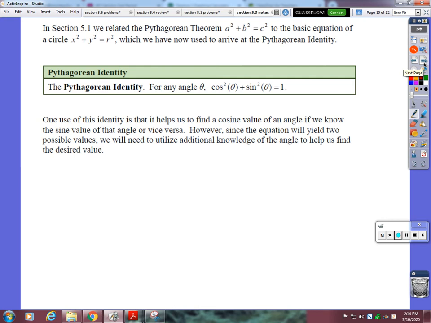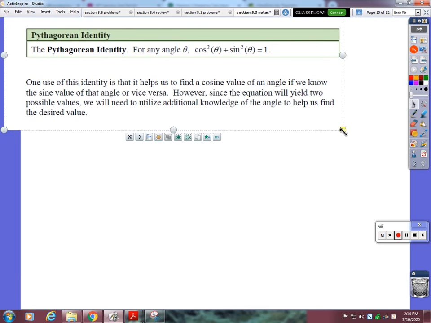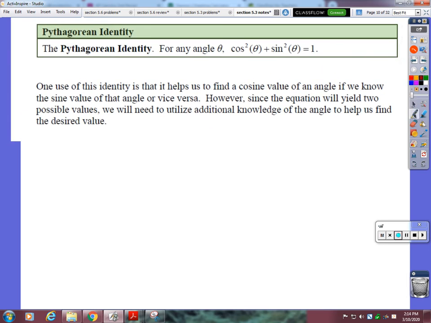What you maybe should have been able to pick up on from the problems that we did together is what's called the Pythagorean Identity. This is the Pythagorean Theorem using sine and cosine instead of x and y. Okay, but you should be able to see from what we did that this is going to work out just the same. That is that cosine squared plus sine squared always equals 1, no matter what the angle is, because sine is